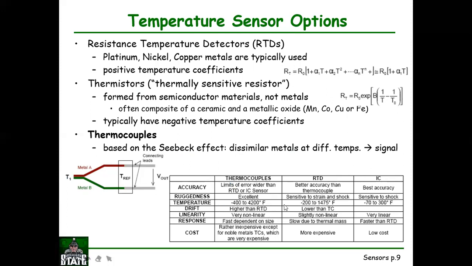These are some parameters. This table shows some parameter comparison between your thermocouples, RTD, which is your resistance temperature detector, and your IC. What is IC? IC is your integrated circuit sensor. What is an integrated circuit sensor? It is your temperature sensor. Actually, IC temperature is related to your thermistor. You can say the thermistor is the old version of your IC sensor. Okay, so these are some comparisons of these parameters for your thermocouples, RTD, and your IC sensor.